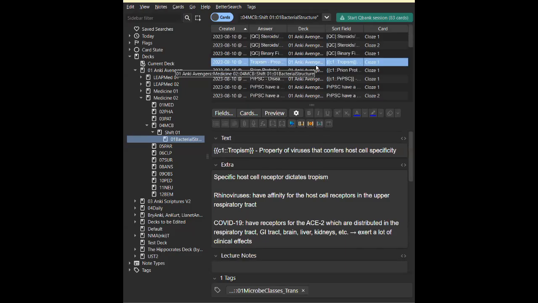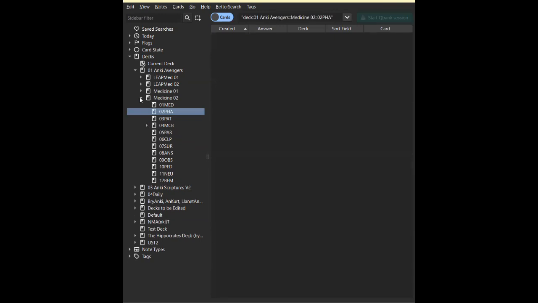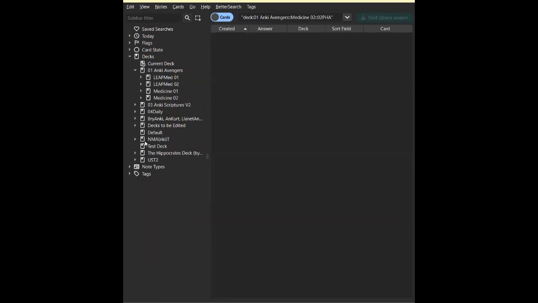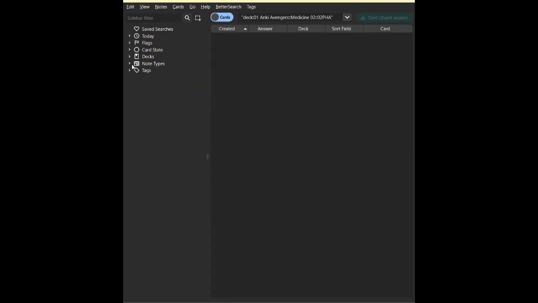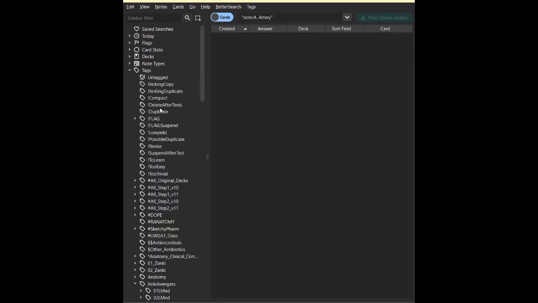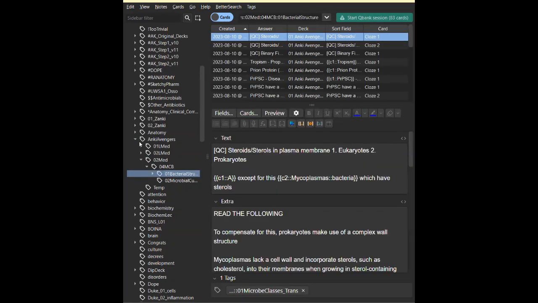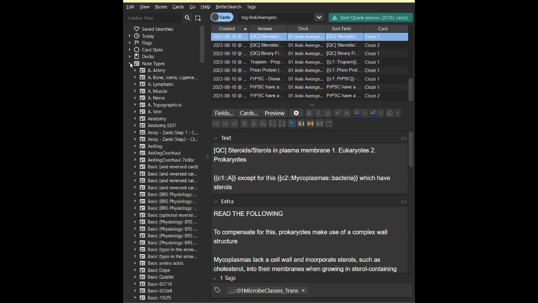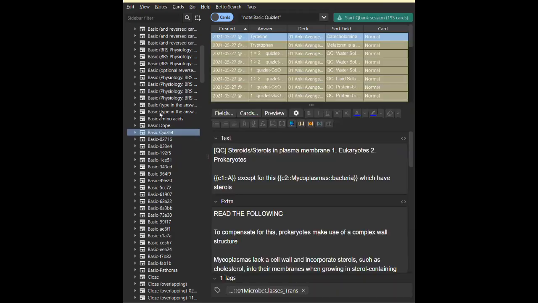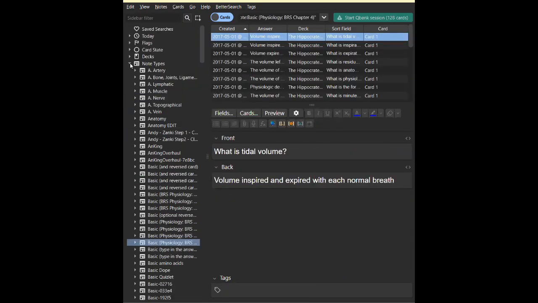All right. So if you want to look through decks, again, you can click through here. It's much easier to organize, and you can also sort things through tags instead. So these are the tags. So within a tag, there could be cards from multiple decks. Now you can even sort things through note type. What if you're looking for a certain note type? You can do that here too.